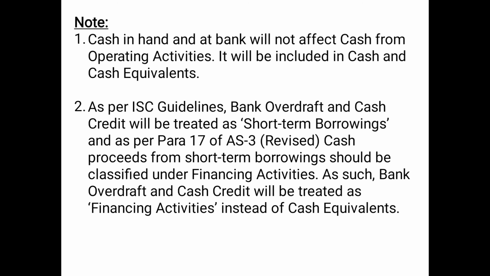If there is a decrease in such cash credit and bank overdraft, again it will not be accounted as a decrease in current liability under operating activities. No, such decrease will be accounted as the payment of bank overdraft and cash credit, or outflow of cash in case of financing activity. And if there is an increase in the balance of bank overdraft and cash credit, again it will be shown as a cash inflow under financing activity. It will not be a part of operating activity. It will not be a part of cash equivalents.